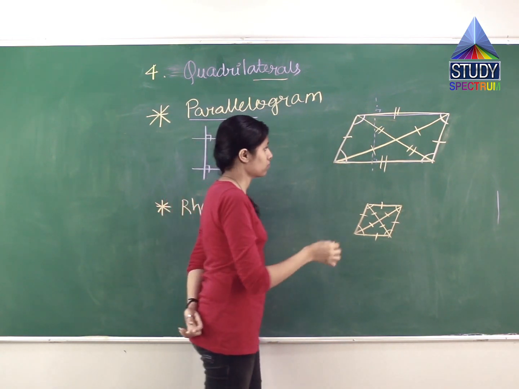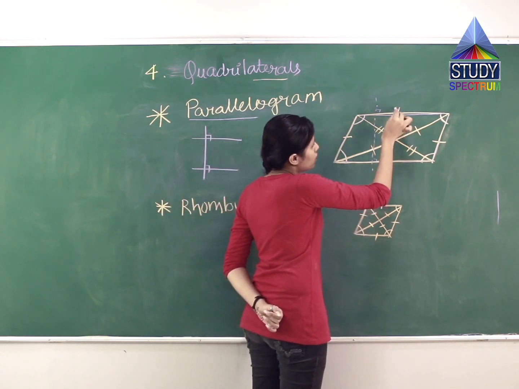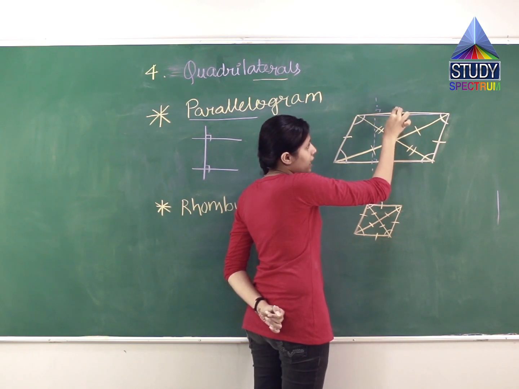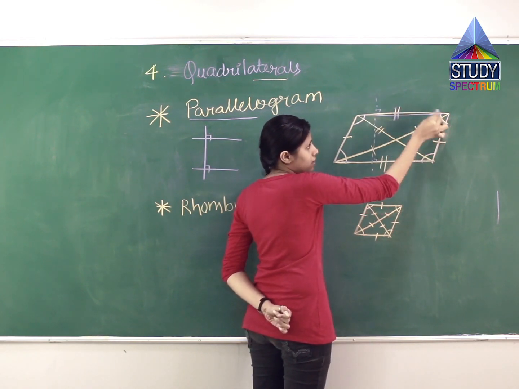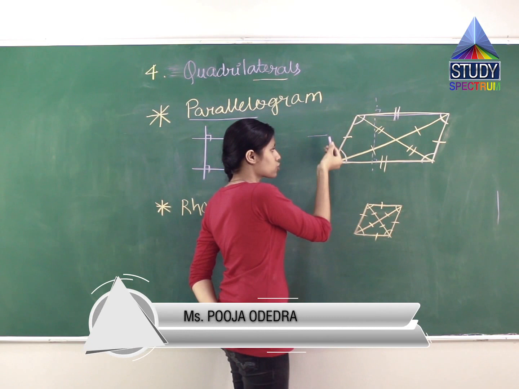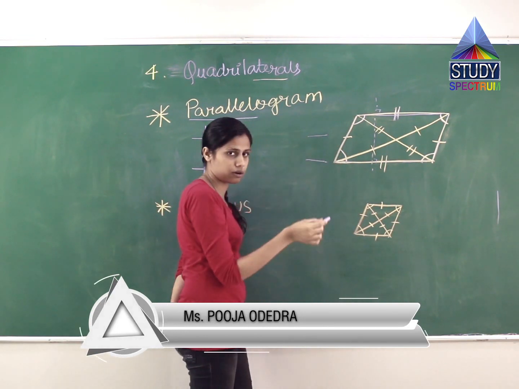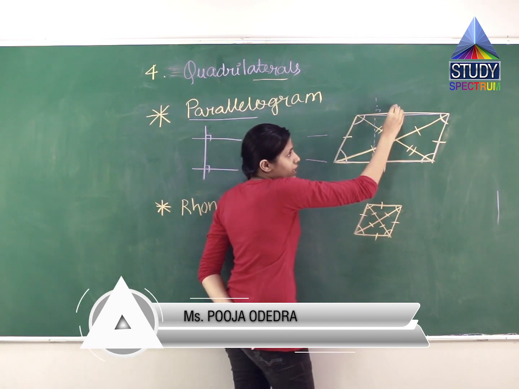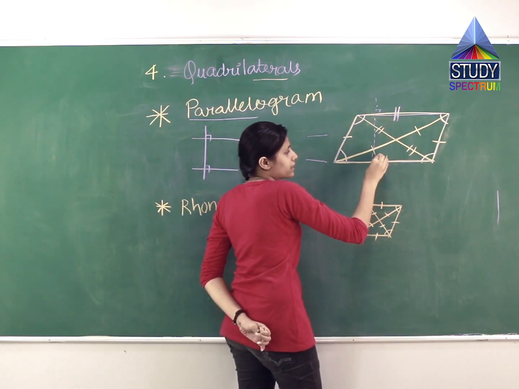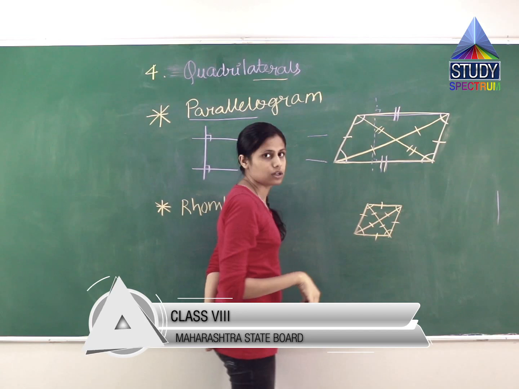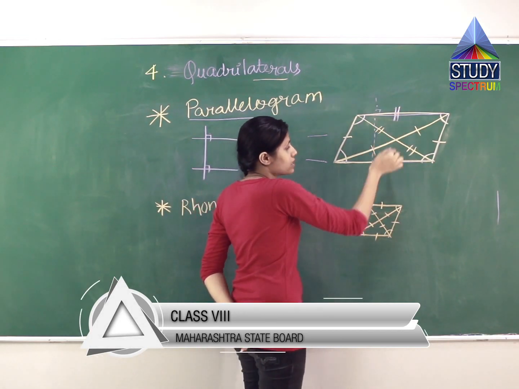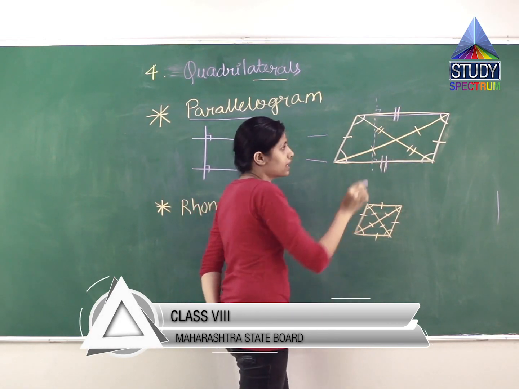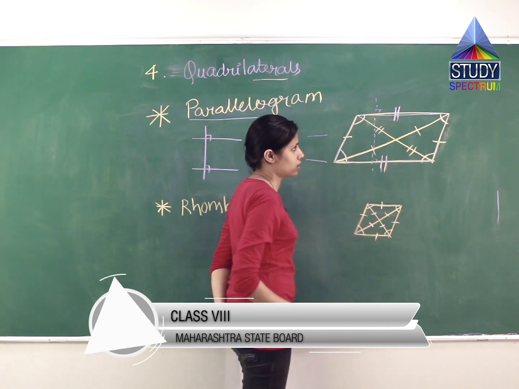Now, this is another property: this uppermost side is called the length, and the bottom one is also called length. So both these lengths are equal in size. See, it is represented by two lines over here. So the length of this and the length of this are equal. They are basically congruent to each other.